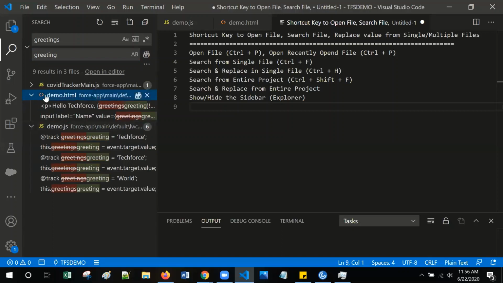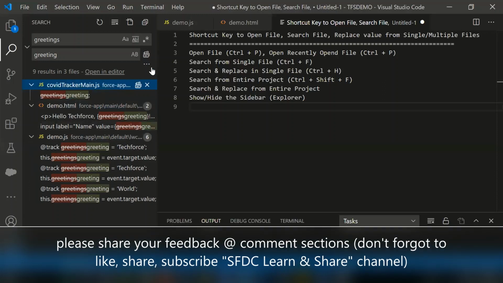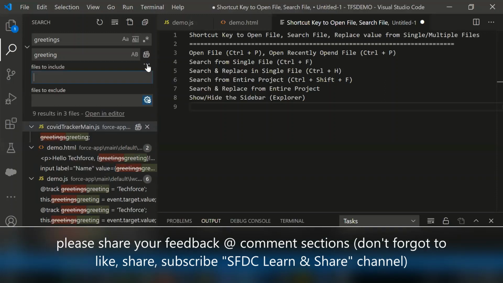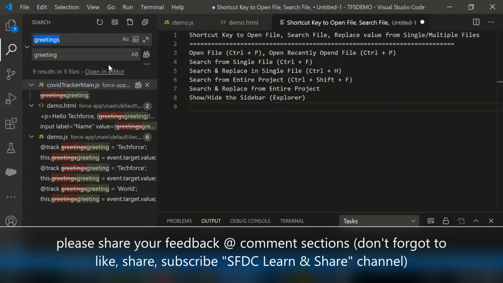If you notice, it gets highlighted. And if you click this details icon, you can include or exclude files from the folder search. If you click this icon, it replaces in one file, and the results disappear.